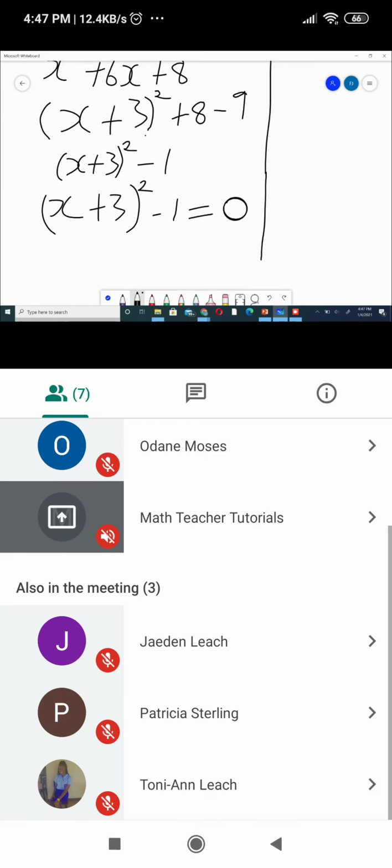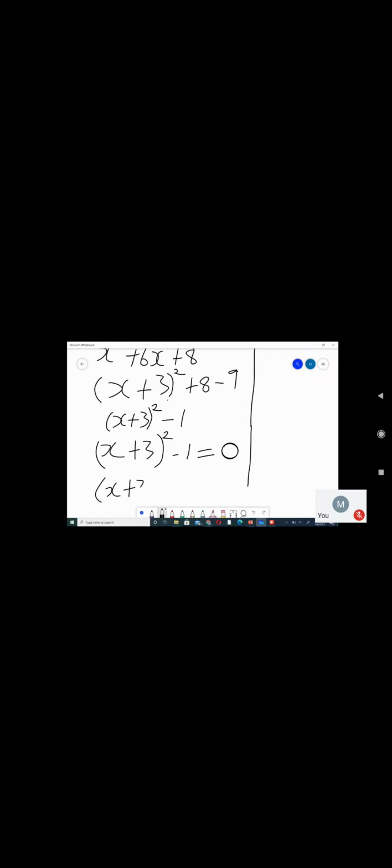Will do so by doing what? Right, so we will carry over the negative one to become what? To become positive one. So we'll be left with, on the left hand side, x plus 3 all squared equals 1. And then continuing down,